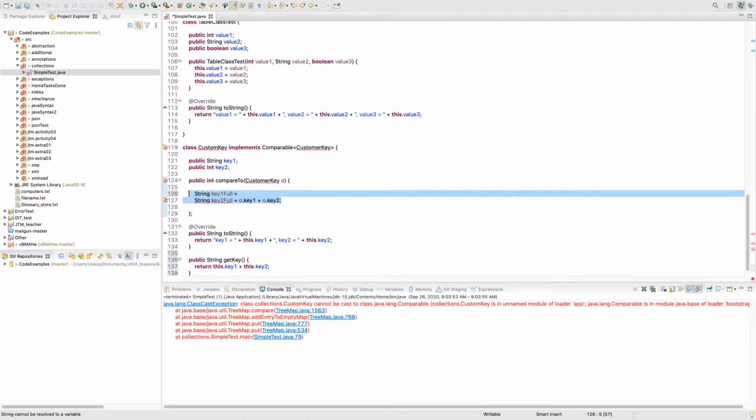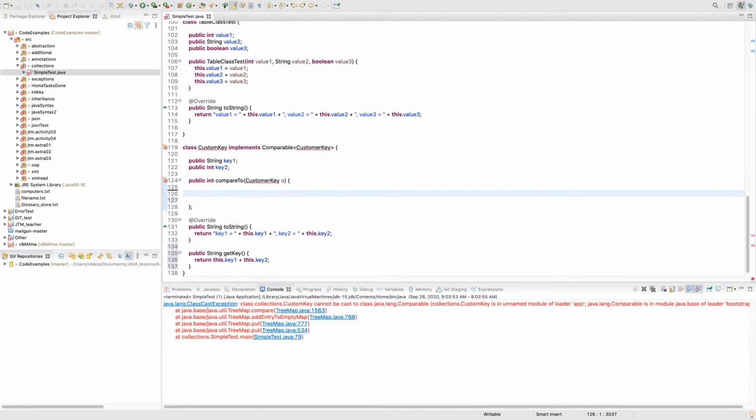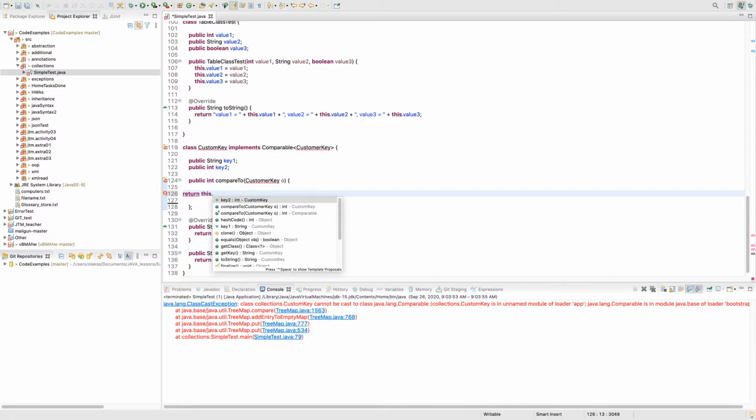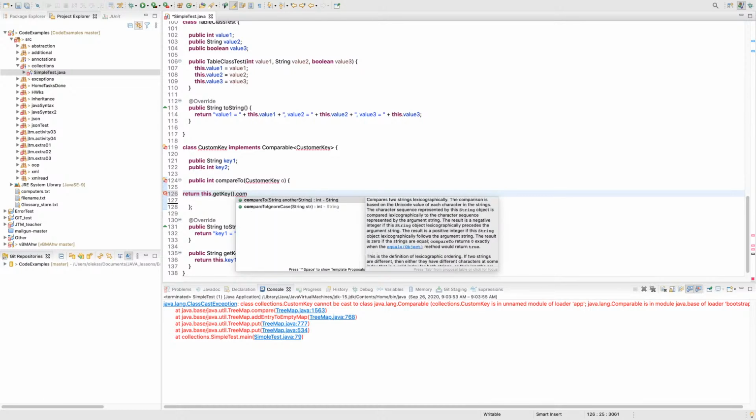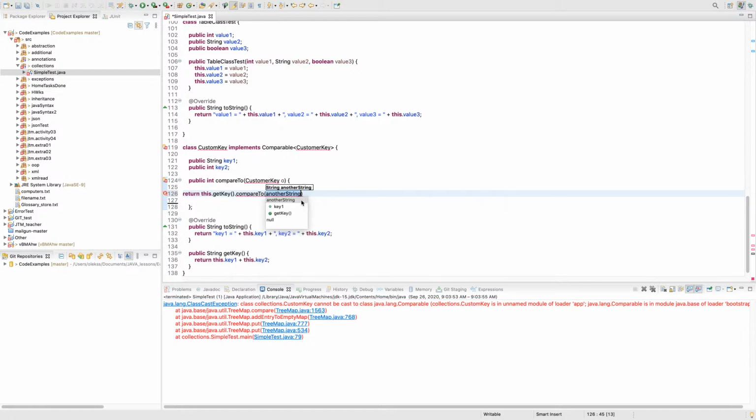Even more without doing this anymore. Here we can just simply return this get key. Yeah, since this is the string, it already does the implementation of the